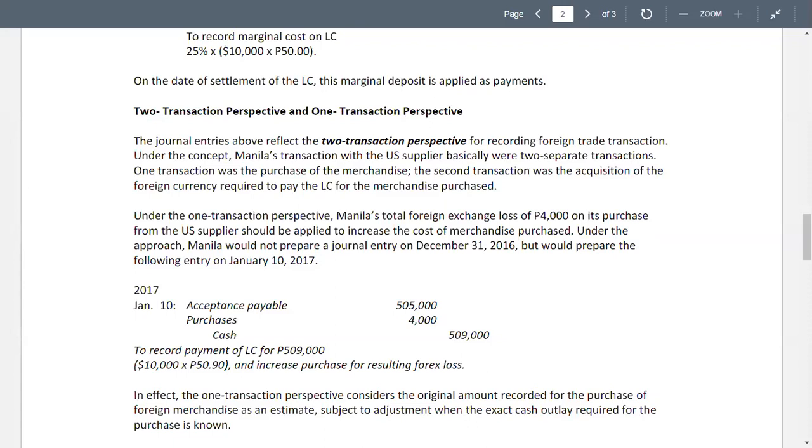So number 5 is translation. Okay, number 6, the number of units of a foreign currency needed to acquire 1 unit of the domestic currency is referred to as. So number 6 is referred to as